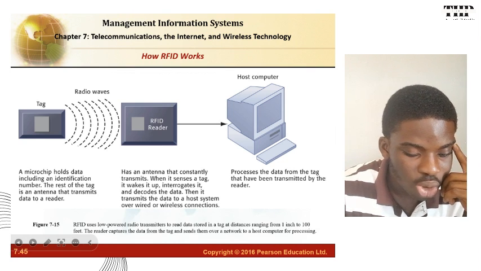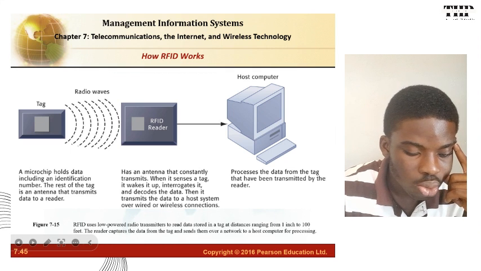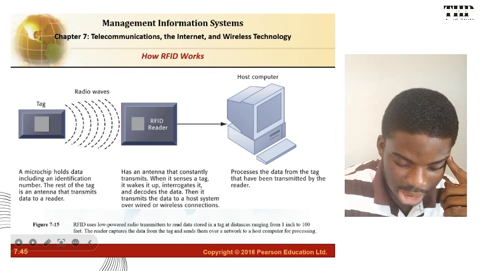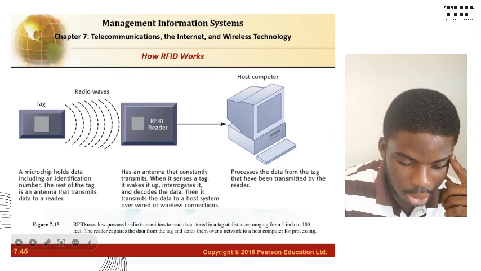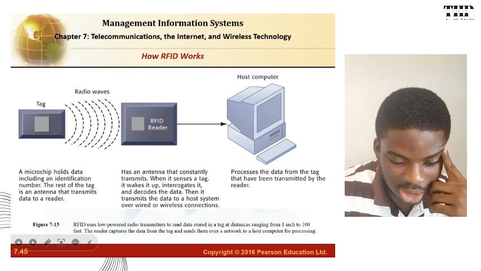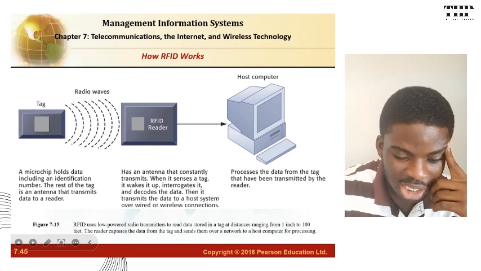So this microchip holds data including an identification number. The rest of the tag is an antenna that transmits data to the reader. So this is actually the antenna and it's transmitting the data. This is the data it's transmitting. Now this reader also has an antenna that constantly transmits, and it senses a tag. Right? So whenever it senses a tag,